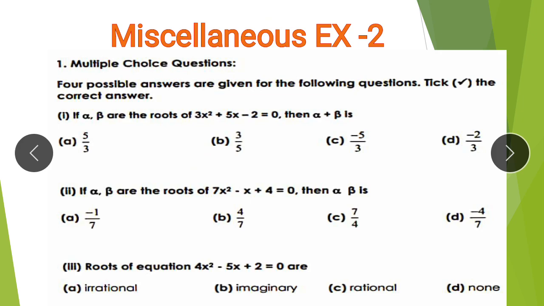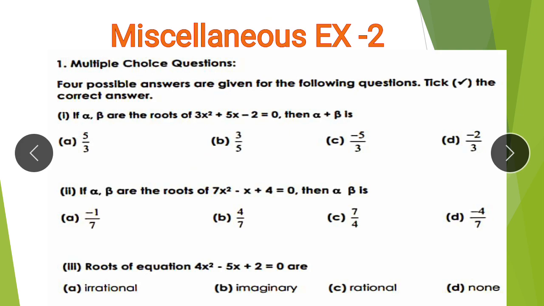Now this is the time for your activity. We have to go with the exercise, miscellaneous exercise 2, question number 1, which is a multiple choice question. I want you to have your rough registers with you. I will read the statement and you are going to tell me the answers, and you are going to write your answers in the chat box. Then I will also tell you the correct answers. Fine. So the first MCQ is, if alpha and beta are the roots of the equation, then alpha plus beta is,